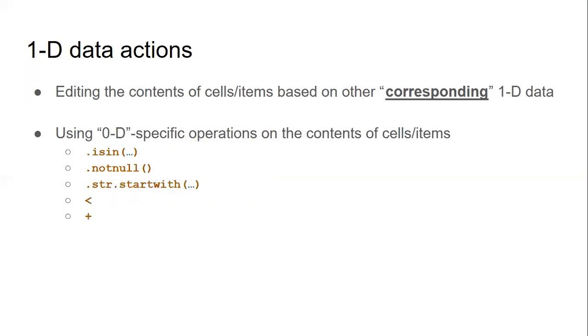More list-oriented things that you do, and again, this is going back to the whole question of what can I do to it? Can I divide this by that? Not so much, but here are some neat things you can do to a list when data is a list. You can edit the items in that list based on stuff you find in corresponding items from another list of the same length,